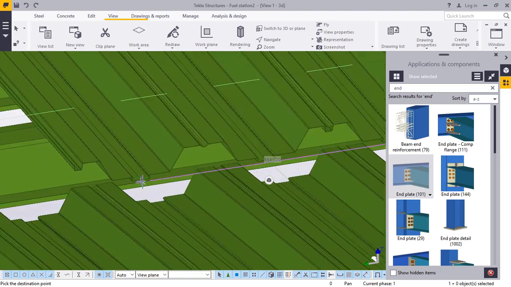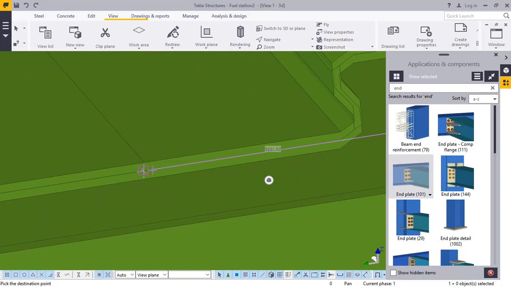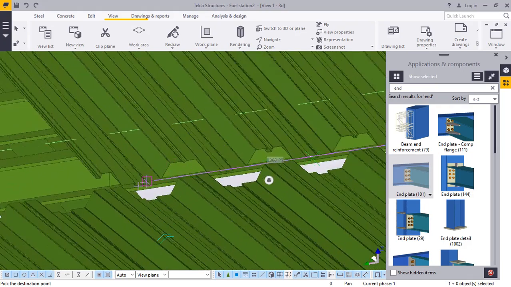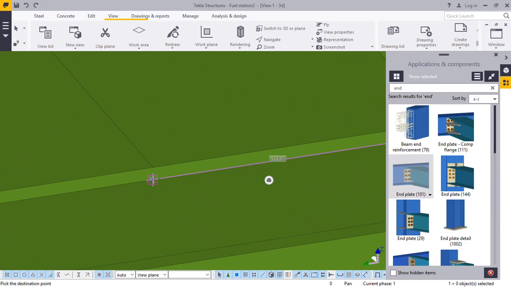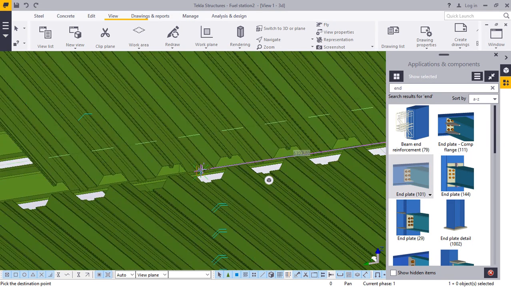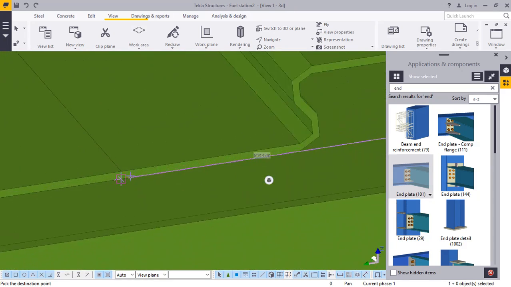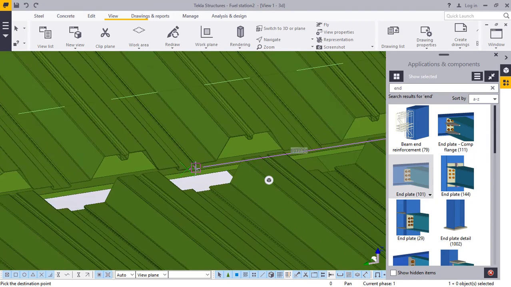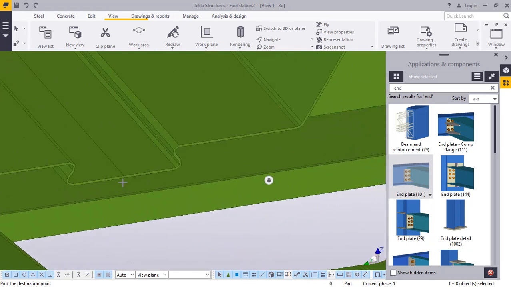Just continue till we get to the very end of this. Put it up. And place this one down here. And place this one up here. Just go all the way and place this one down